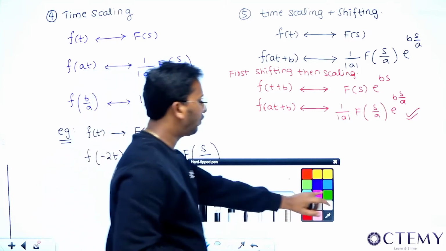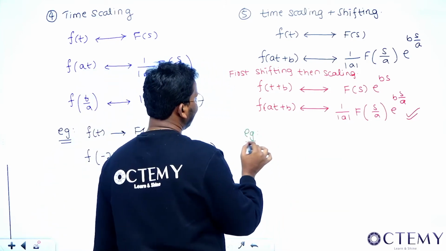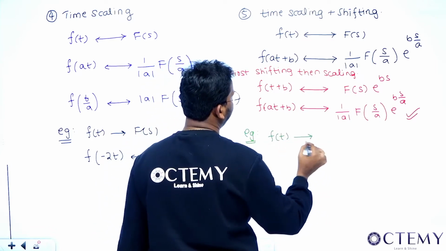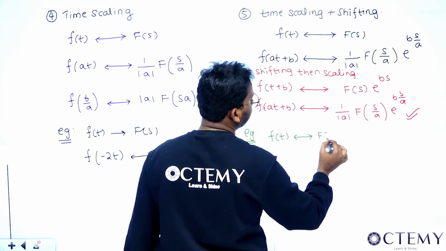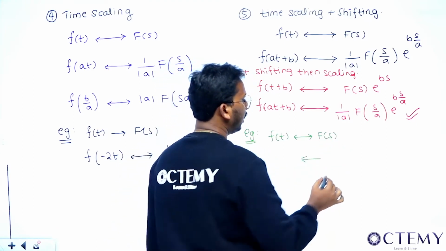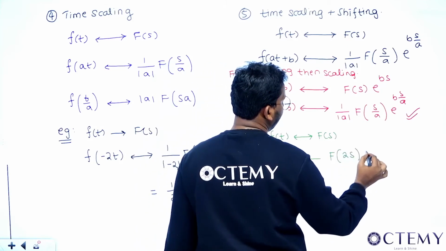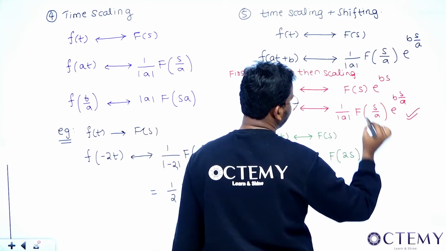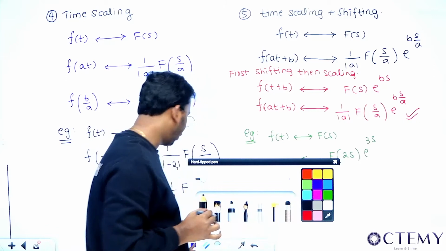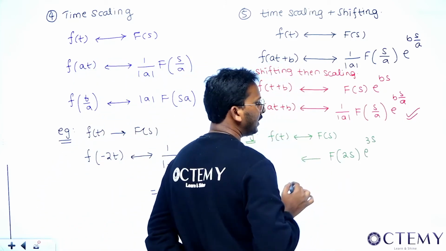So if I ask you a question like this, sir. If I ask you an example question like this, say sir, the Laplace of f of t is F of s, right? Then what is the f of t for F of 2s into e power 3s, right? This is what I have asked, sir, right? Now let us see for this, sir. For this you will have to remember this formula. So if you compare what do you get, sir?